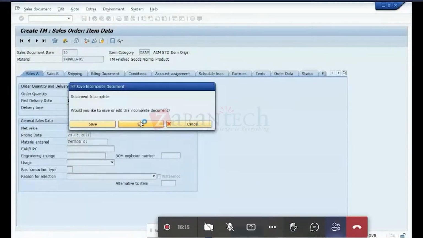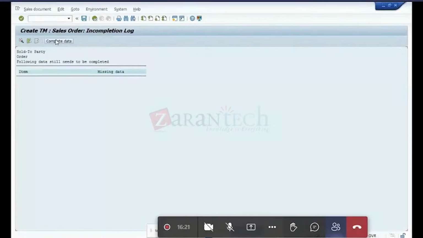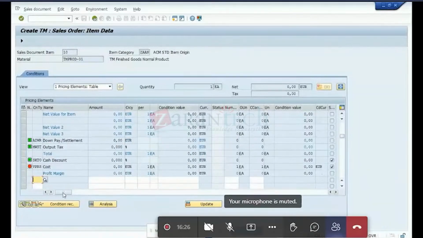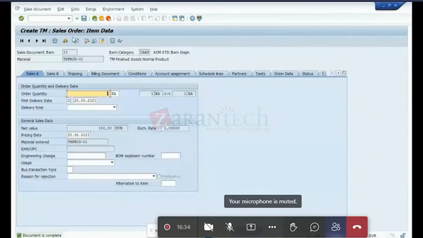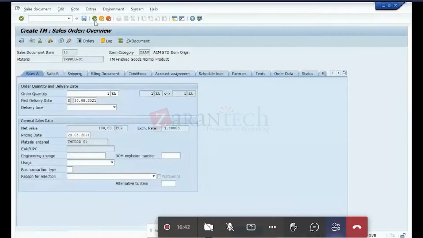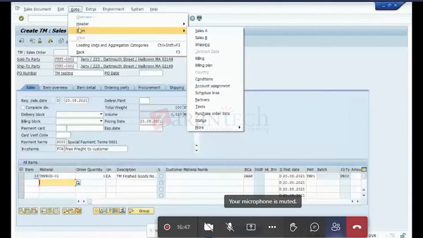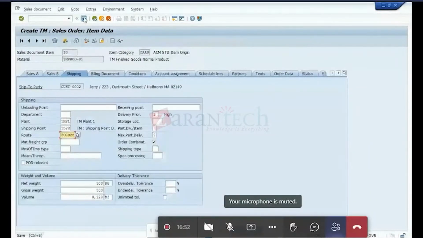So then the system will do a check here. I'll just put a condition type. And just for my purpose, I also put in some route here. And I just click on the save button. So when I press save, if I go into display mode,